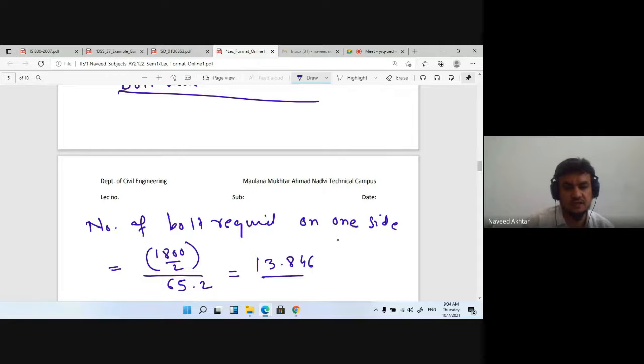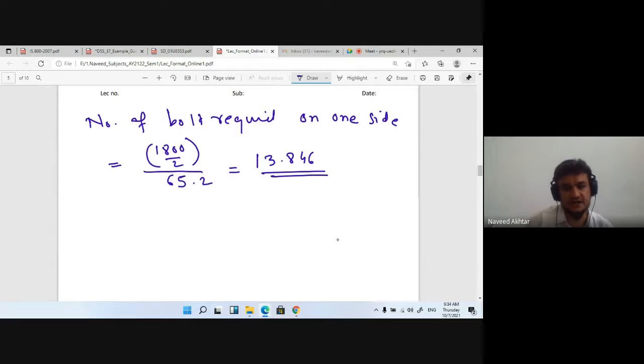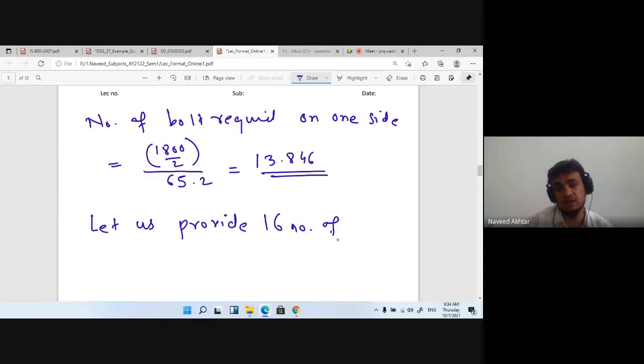So 13.846 bolts are required. Let us provide 16 number of bolts